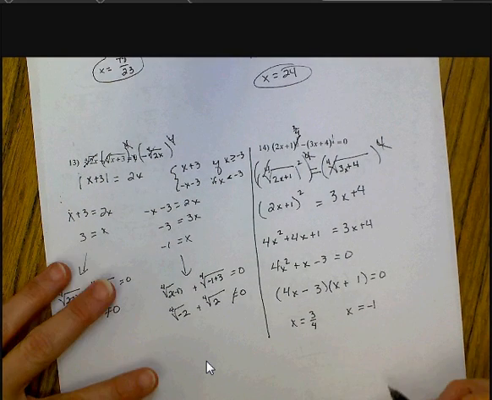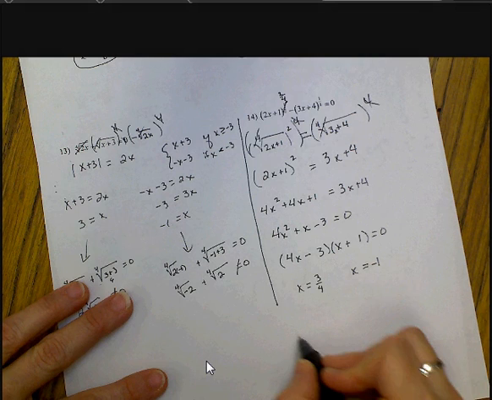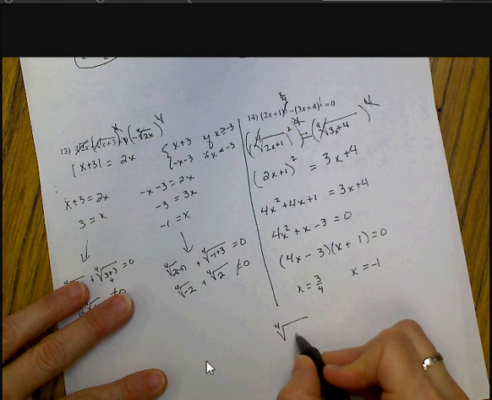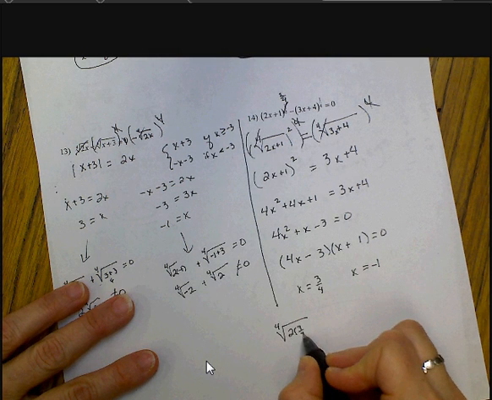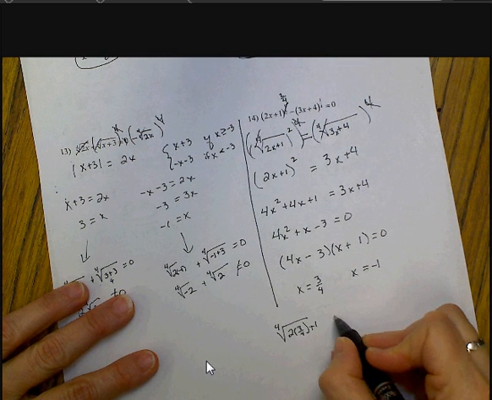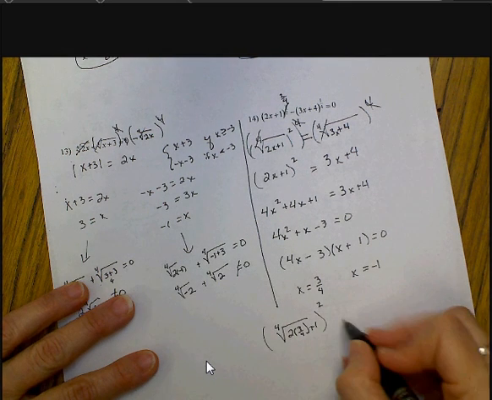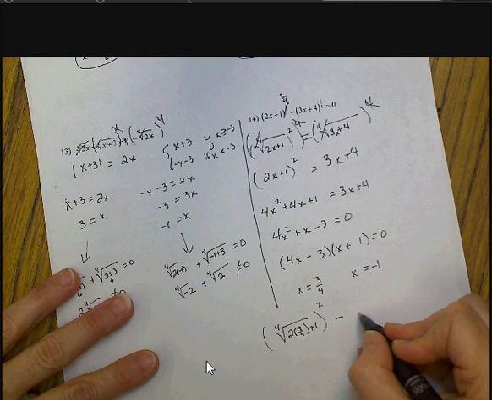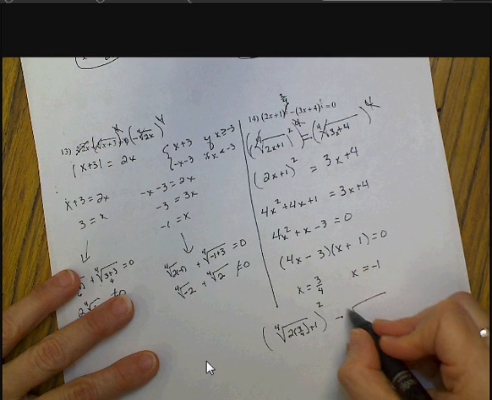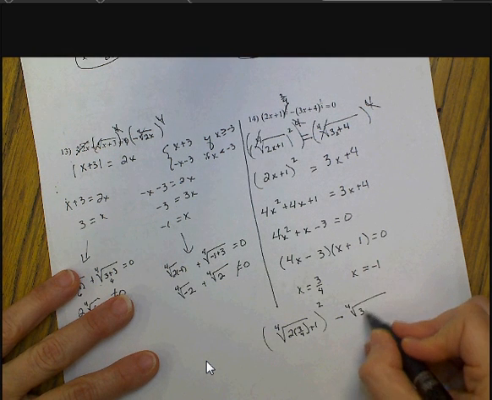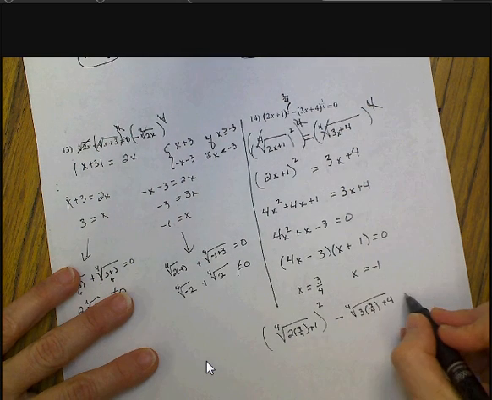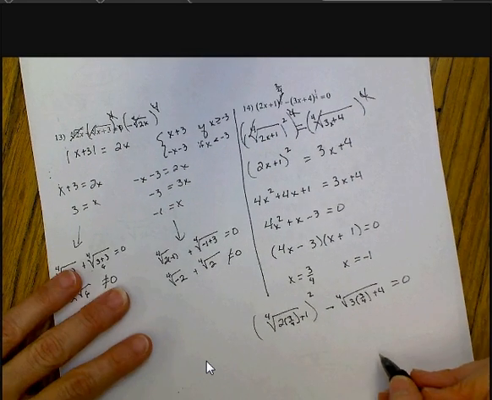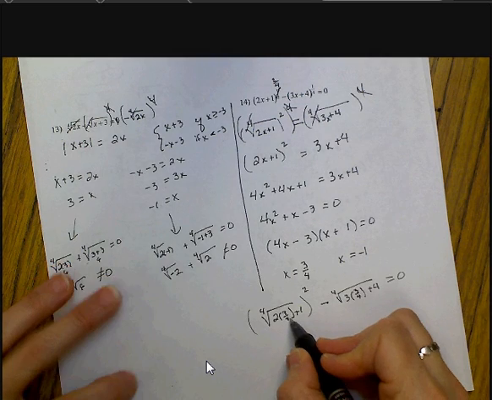We do want to check those. That will be the fourth root of 2 times 3 fourths plus 1 quantity squared minus the fourth root of 3 times 3 fourths plus 4. It's supposed to get 0. When we do that, that's 6 fourths or